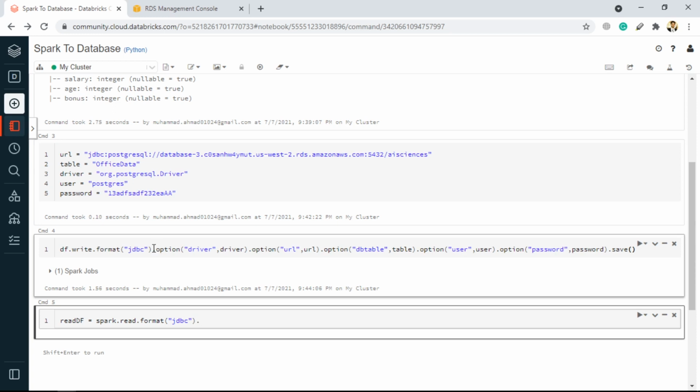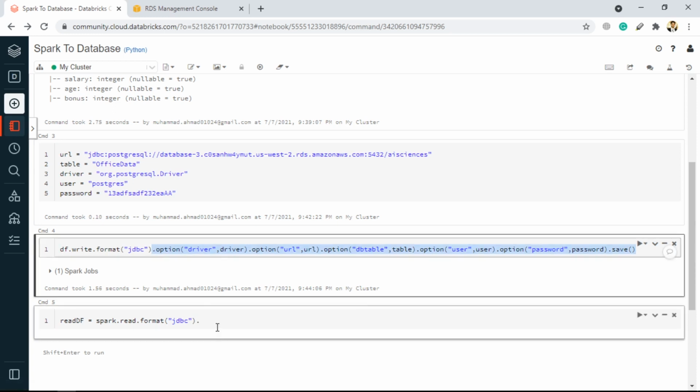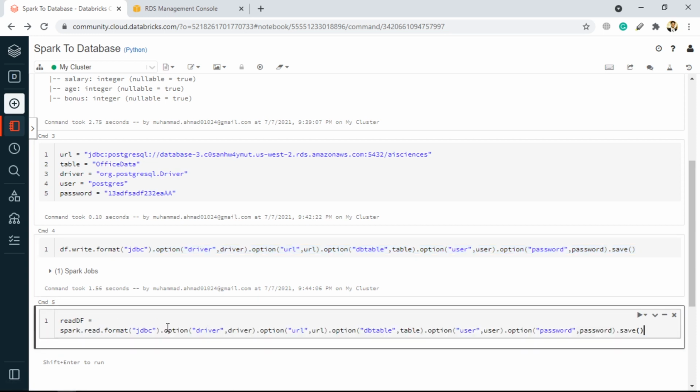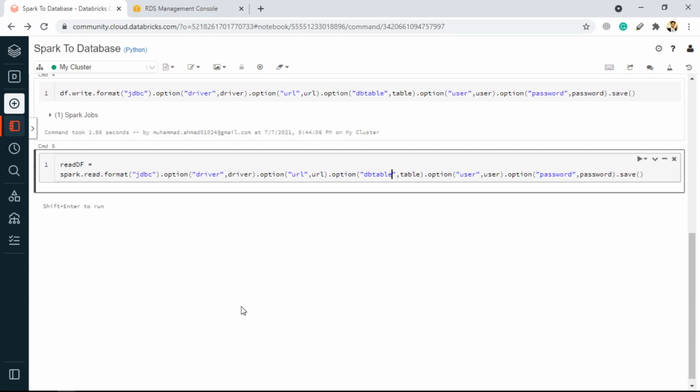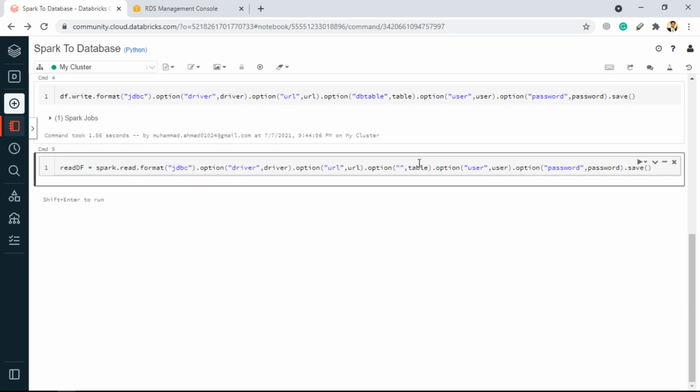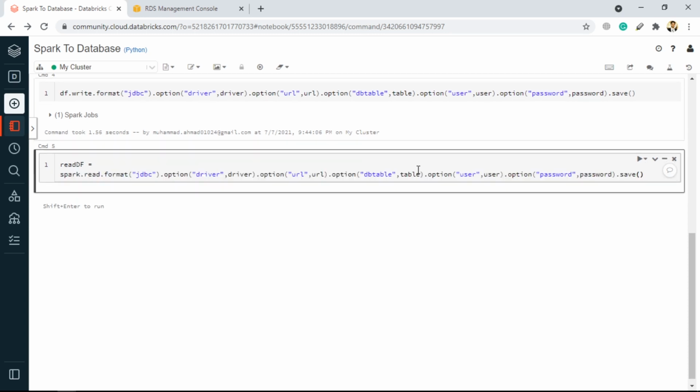Then option, actually we can copy this from here as it is. Now here we are specifying that it's a JDBC connection, then we are providing the driver, then the URL, then we are specifying the DB table, then we are specifying the user, and then the password. Now here there actually are two things. The first one is that you can specify the DB table, and inside that you can provide the name of the table, and it will simply read the entire data from this particular table. So if we just give it a go,